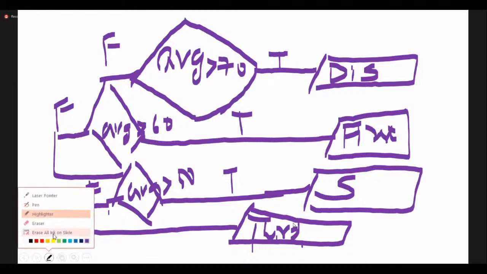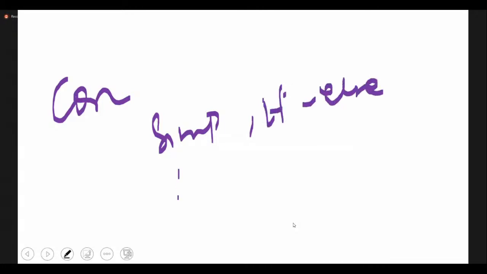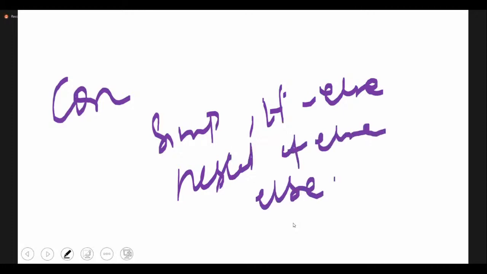Everyone understood about conditional control statements? Like you have your simple if, you will talk about if else, you will talk about nested if else, and then you will talk about else if ladder. For everything, you should definitely write your syntax rule. You will draw the syntax flowchart, take one small example and write the program. That's all. Not for every concept, no need to write. Take one concept and write. Like you take the finding the largest of two numbers or something, then you write. If he doesn't mention any program, write this program or that program, that is a very good choice. You can use any simple program to explain the concept.